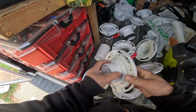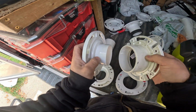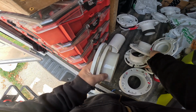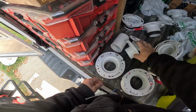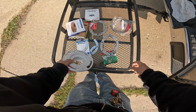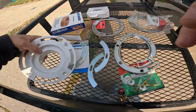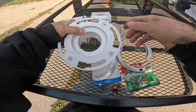Oh, I forgot to mention, obviously these are glue-in. You would prime it and glue it with these, obviously, because there's no seal on them. So here are some more, if you don't want to replace the flange. I actually lost the other one of these, but...